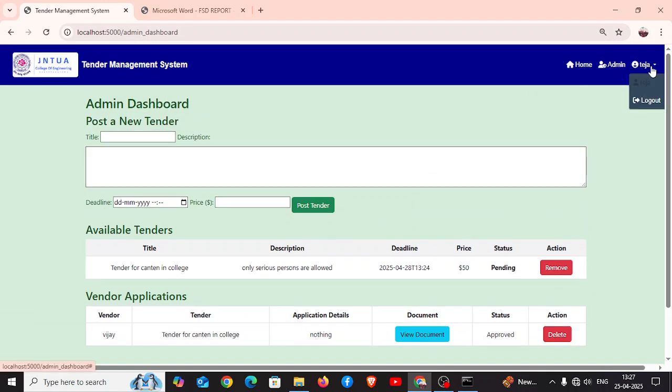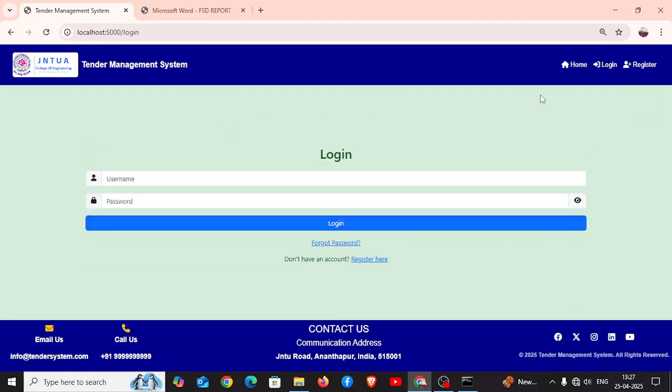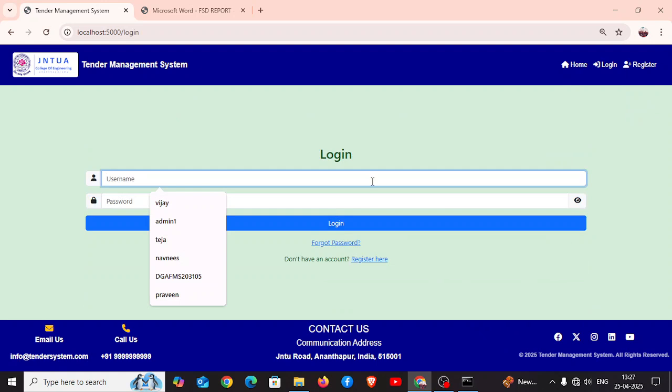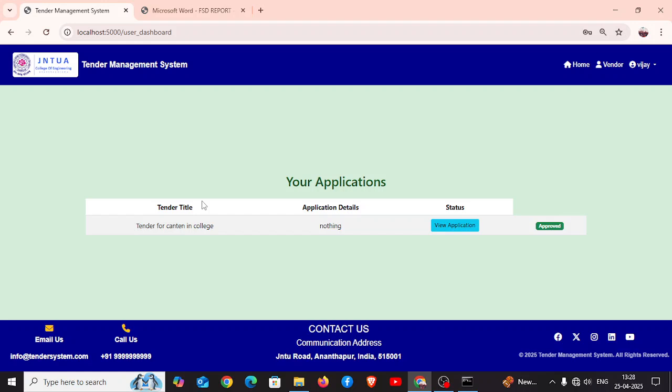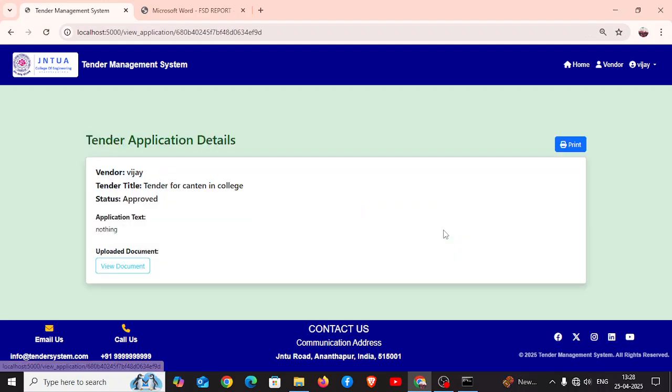and we can now log out and again log in as a vendor to see the status of the application submitted by the vendor. Now you can see the vendor application status is approved successfully. So here we also have an option to print our submitted applications in the vendor login. Here a print option is available,